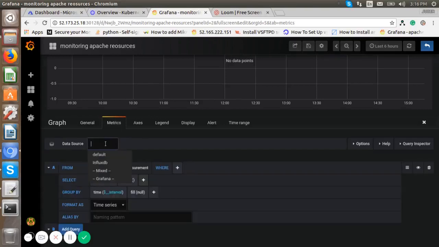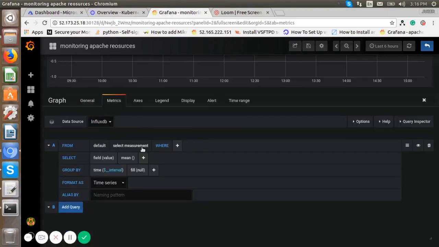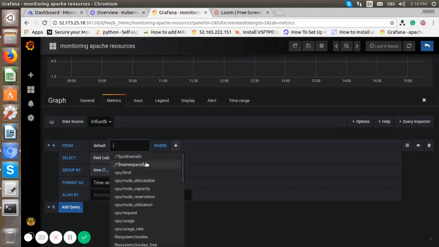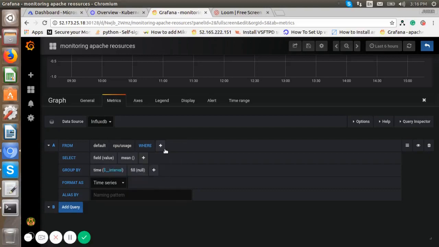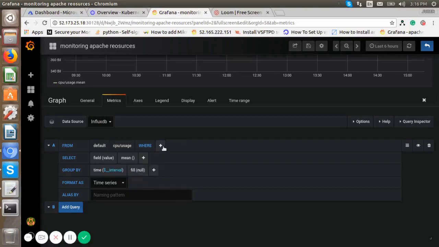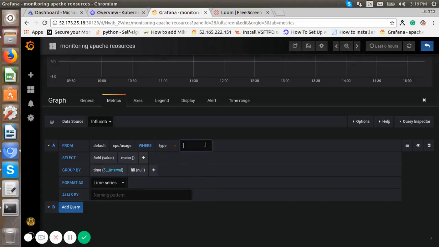Now the data source is InfluxDB. Now write the query for that. Select. I need to check the CPU usage for the Apache container. Add the type for container.